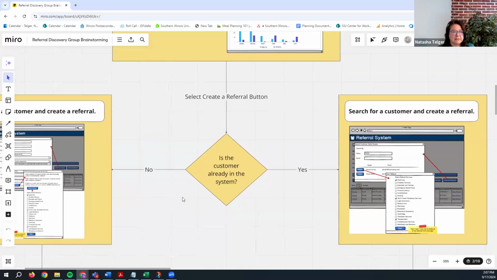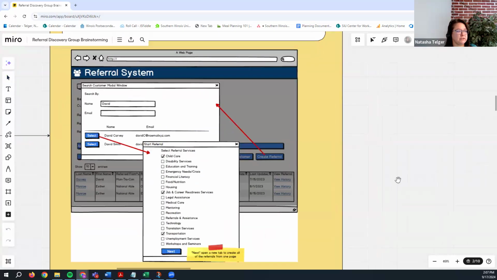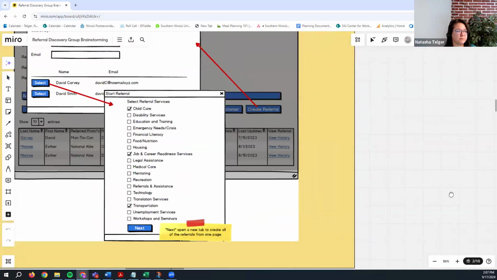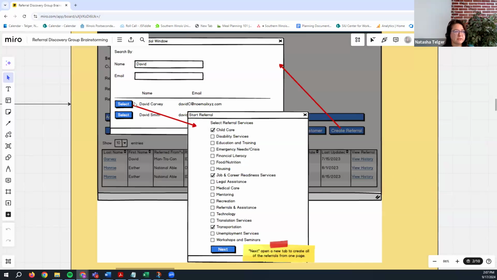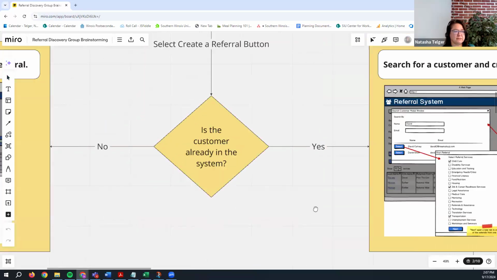We talked about this last time. So you create a referral. You can search to see if your person is already in the system. If they are, you would select the person and select from a list of services and then hit next. If they are not in the system,